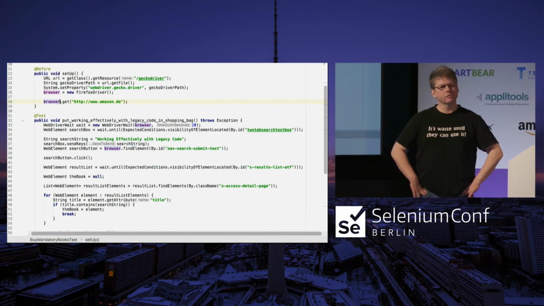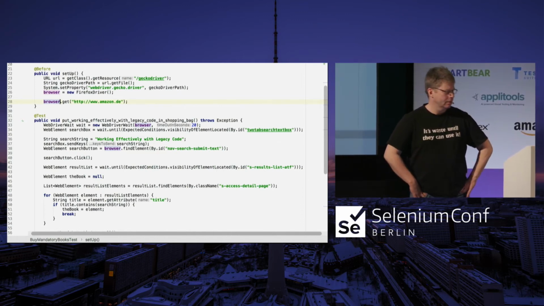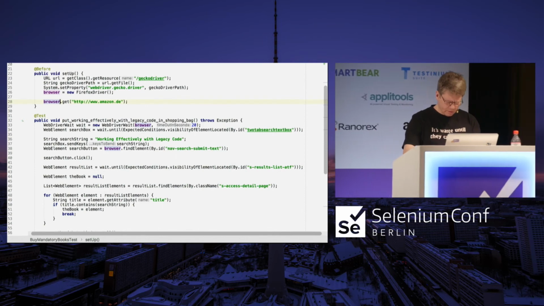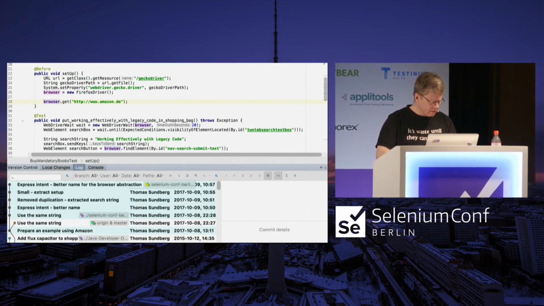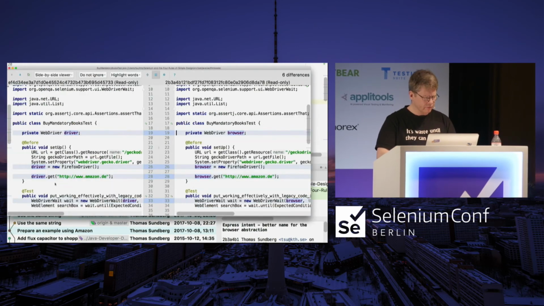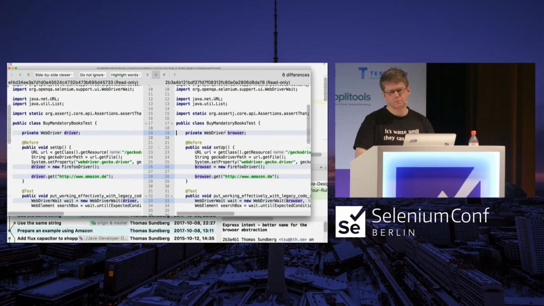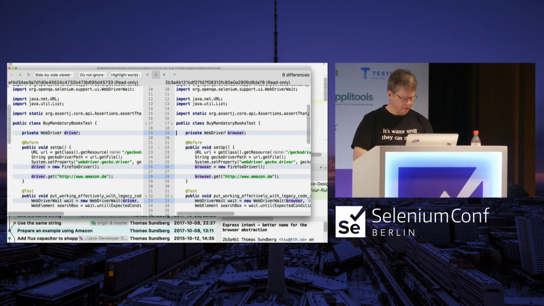What you did is trivial to see. I can see the diff. I can check the log, and I can see the diff. I can see that it was used to call driver, now it's called browser. So don't say that, say why you did this instead.